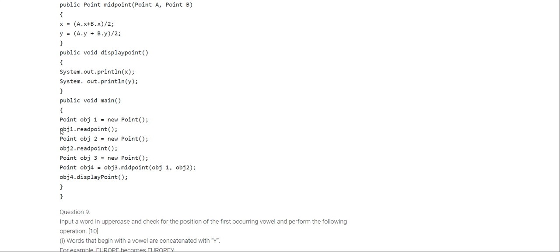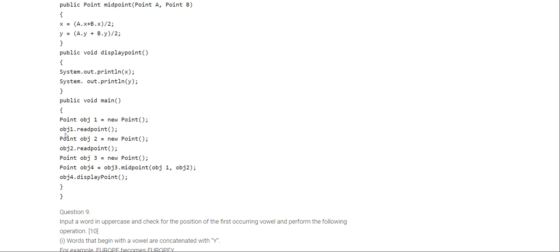This will be clear to you as we have discussed earlier in the class. We are creating an object, which is a copy of the class, meaning the class is the blueprint. From this blueprint we are using different values of the instance variables. One set of instance variables is declared, and the same set will be used many times with the help of different objects. So here we have used the two objects obj1 and obj2, and we are using different sets of values of x and y.